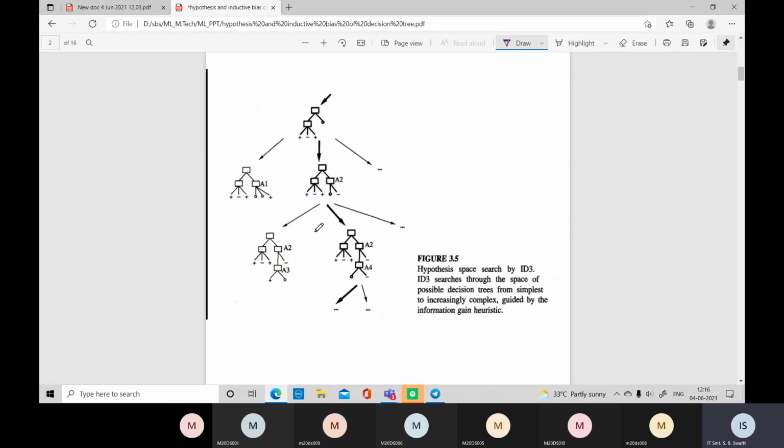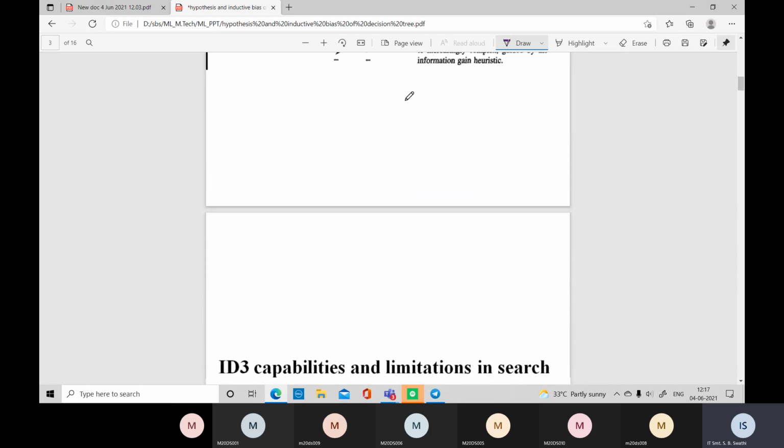And this is how we have the decision tree. It is just a pictorial representation of the decision tree, which is built using the ID3 algorithm. Only one of the paths will be chosen when a new instance is given, and it will show the result, whether it is a positive or negative instance. And you get the tree once you generate this hypothesis space.